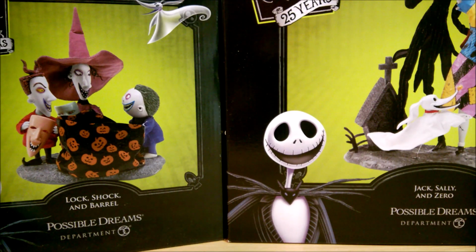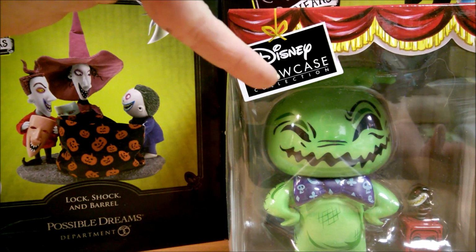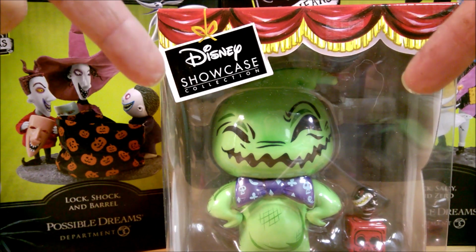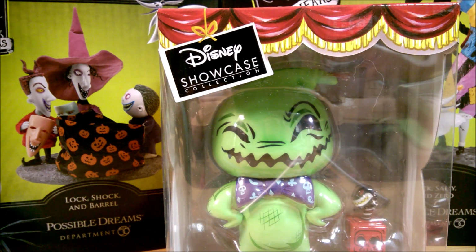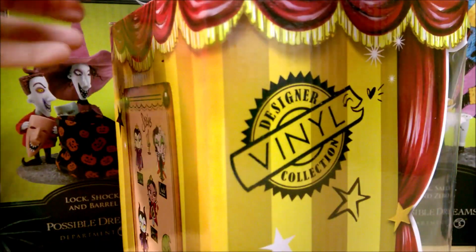It's Collector Sleuth here, and today I have some Nightmare Before Christmas Department 56 pieces from the Possible Dreams line and a couple figurines. But first I also have an Oogie Boogie Miss Mindy. This one's an Esco product. So I'm going to open up this one first, even though he's really not related to the products I have here, but